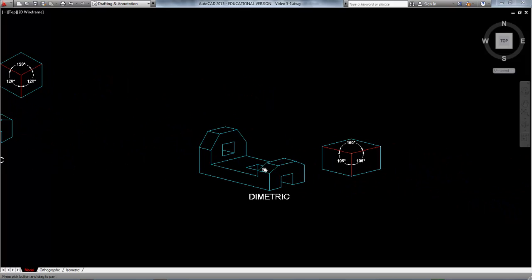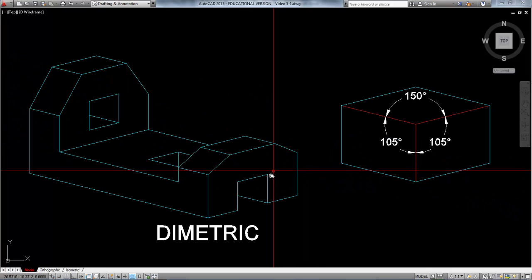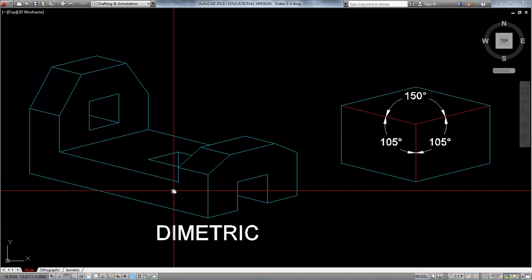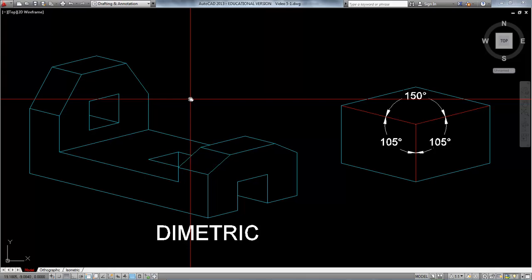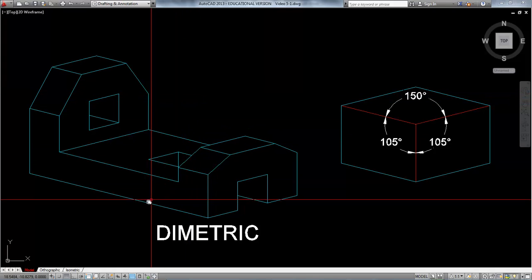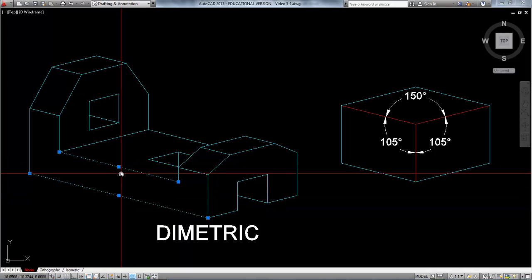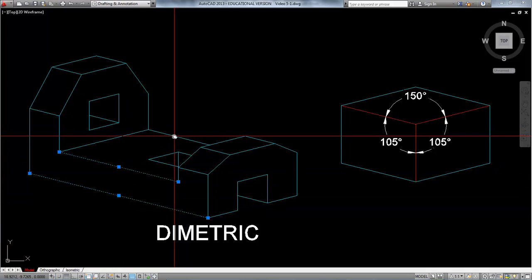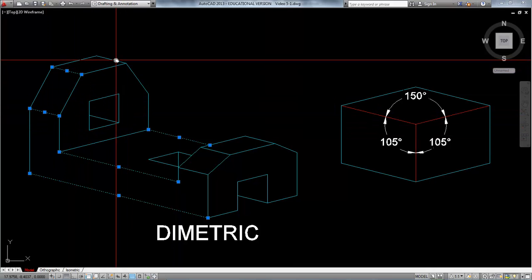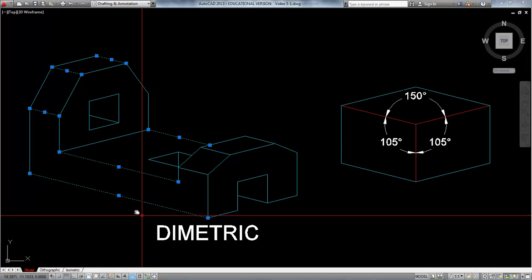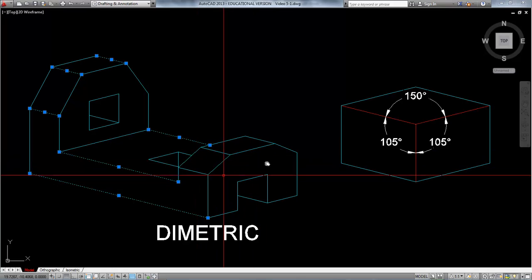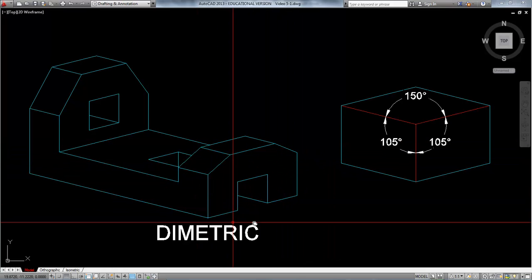And now when we come over here, we can look at the dimetric. Now, dimetrics can be used to give either a lower view or a higher view, depending on what angles are chosen to draw the dimetric view. Any angle that the person creating the blueprint wishes to use can be used to create the receding lines. It doesn't matter if it's a 5-degree angle or a 10-degree angle or a 45 or 60, so on and so forth. The key to a dimetric view